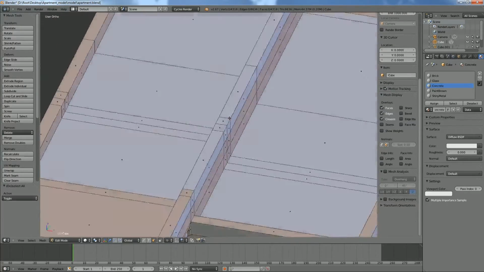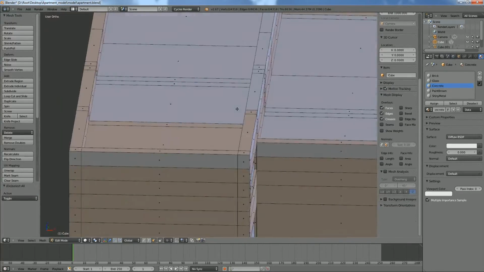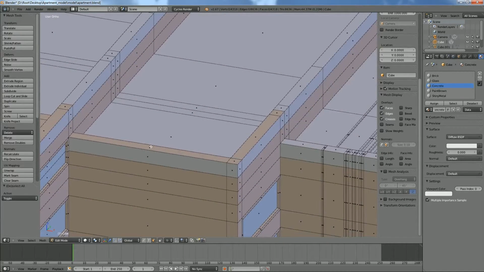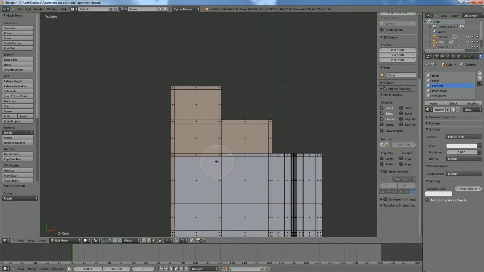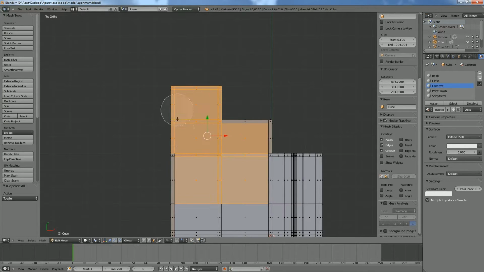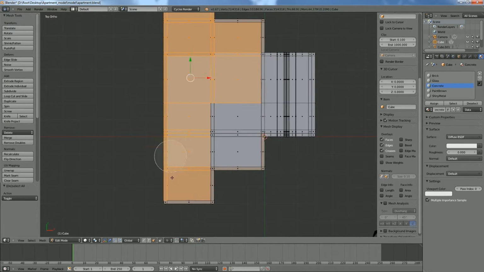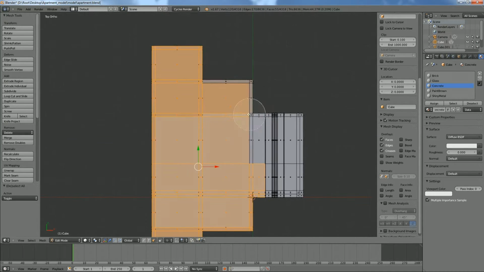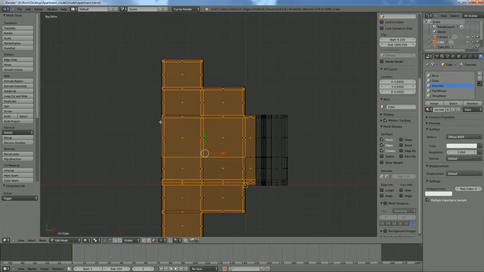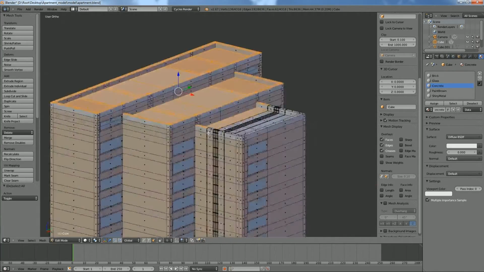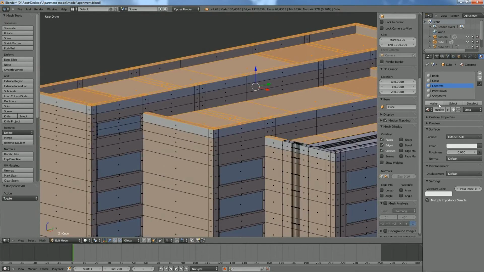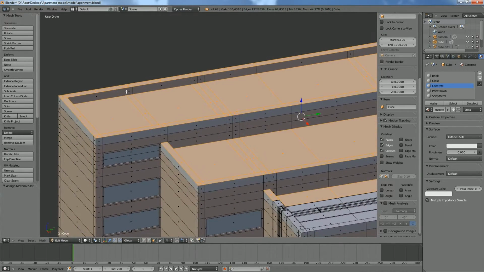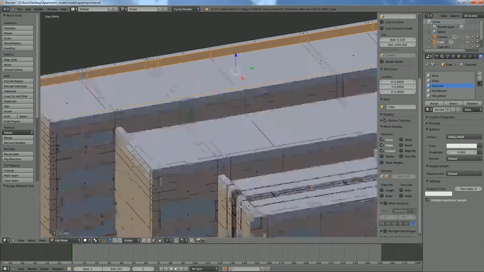And we'll hit assign on concrete. And now we have to do just these top faces left. So we'll just grab these quick. And what's nice about staying in solid view while you're doing this is at least in solid view, it'll only grab the faces that are facing your viewport. If you went to wireframe, you'd be able to select right through the building, and that's not really helpful in this certain situation. So we can take this, and then we'll hit assign on concrete, and then we'll just grab